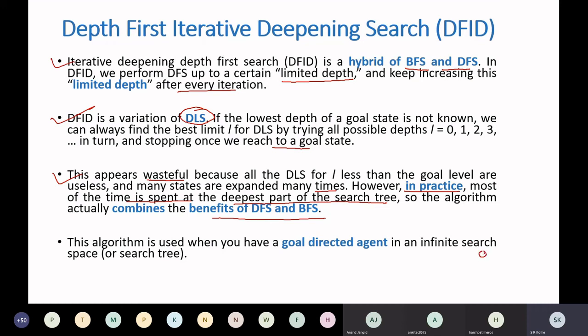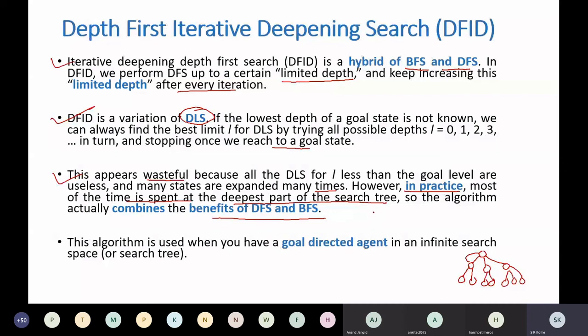What the algorithm says is, first you make the depth 0 and check whether the goal is reached or not, executing your depth first search. Now if no goal is present, explore to depth 1, then again execute your BFS algorithm here. If no goal is present, then move one level more, right? Then execute BFS. So initially we get an impression that we are wasting a lot of time, every time you are executing BFS, right?